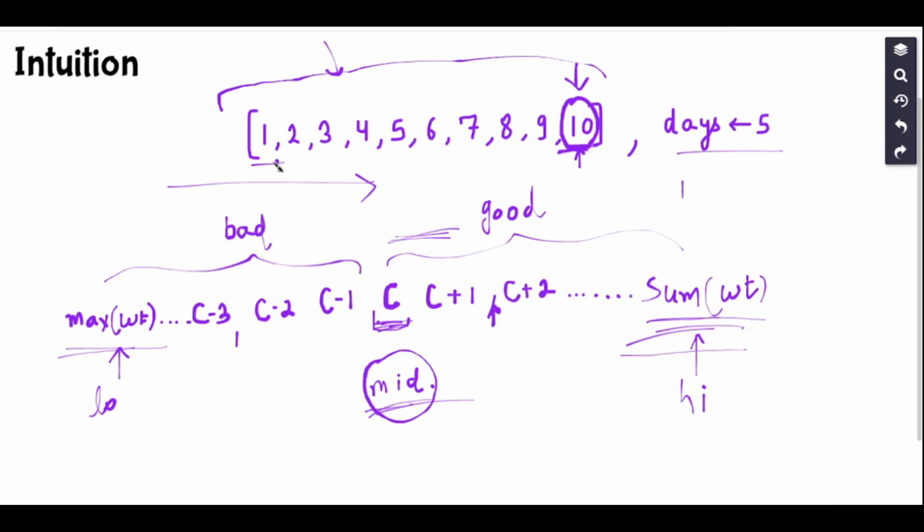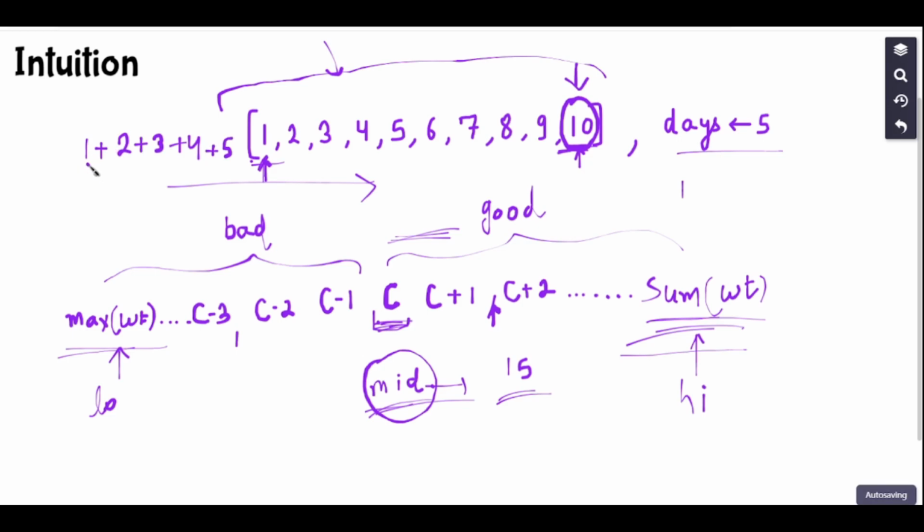Why? Because all I can do is start traversing items from the very first element and just start putting them in the ships. Put 1 in the ship, then put 2, then put 3, then put 4. Let's say the guessed mid is 15. I have guessed 15 as a middle element. Then I will just start traversing the array from the very first element and keep on putting elements into the ship. Now here I can see that after I put 5 items into the ship,